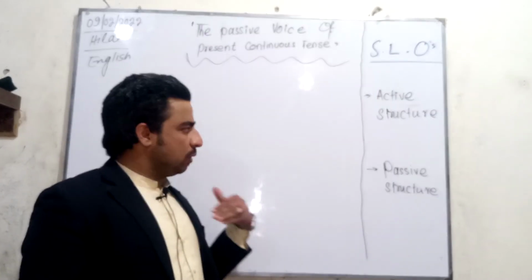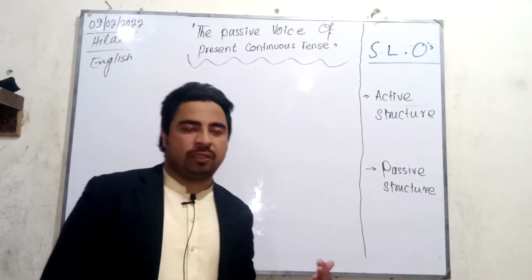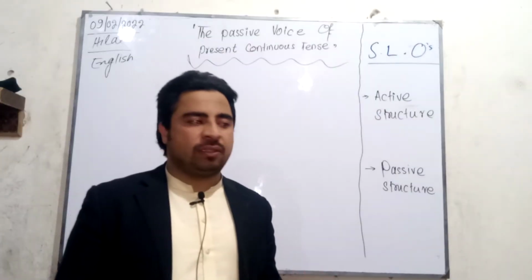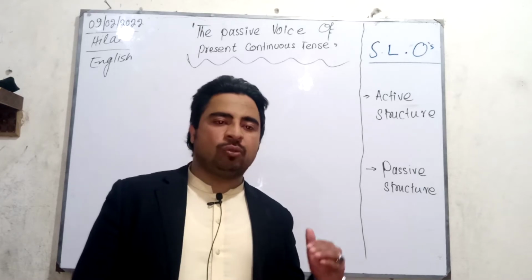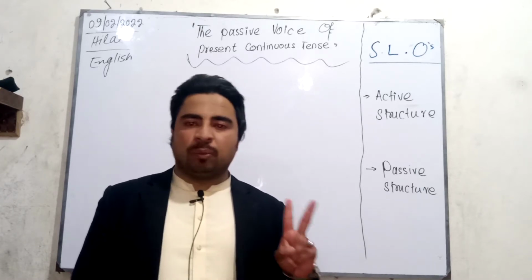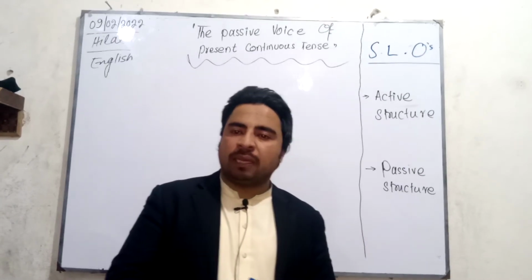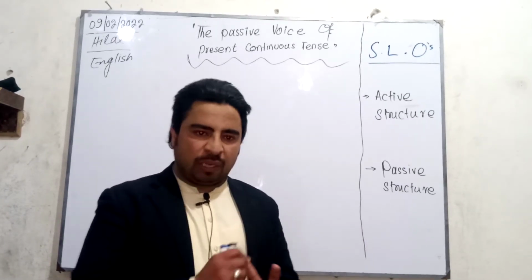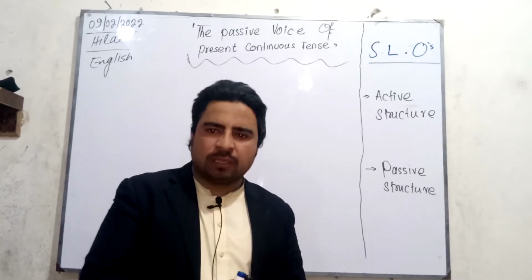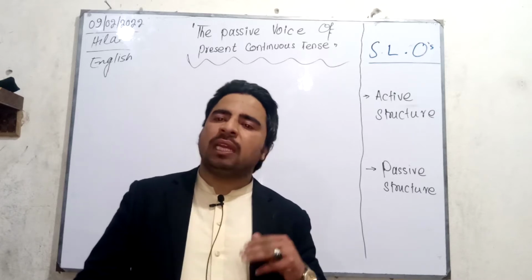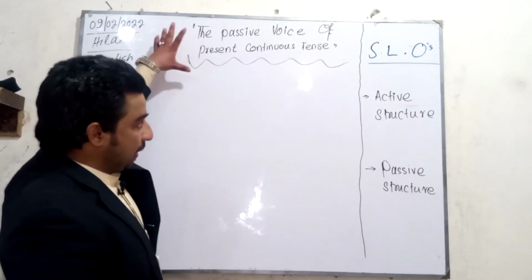So before going ahead, let me link you with the previous studies. In the previous lectures, we have studied the introductory part of how to make passive voice. Two of the videos are about the introduction, while the three tenses are present simple tense, its passive and active structure, past simple tense, its active and passive structure with examples, and future simple tense with its passive and active structure. Okay, now here we are with the present continuous tense.